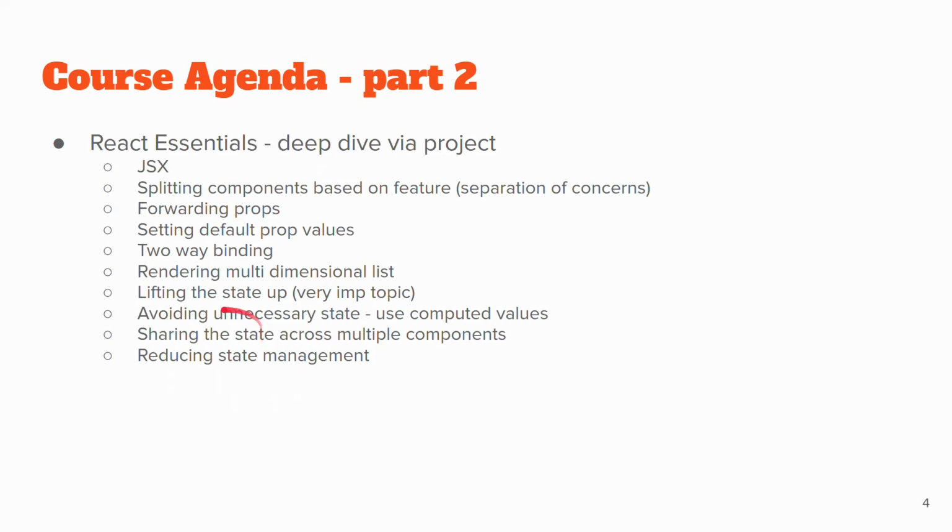Like for example, we will do a deep dive of JSX. We will start splitting the components based on the feature so that we can actually start talking about separation of concerns. We will start building component hierarchies so that we can start doing certain props forwarding and handling the default prop values, two-way binding, rendering multidimensional list, lifting the state up because of the hierarchy, avoiding unnecessary state, rather use computed values, sharing the state across multiple components, and then trying to do a bit of how can we